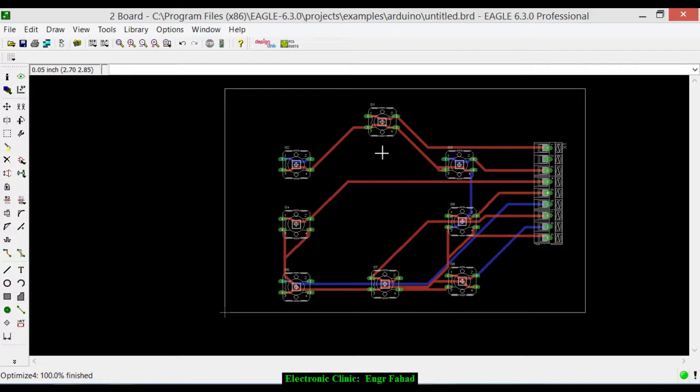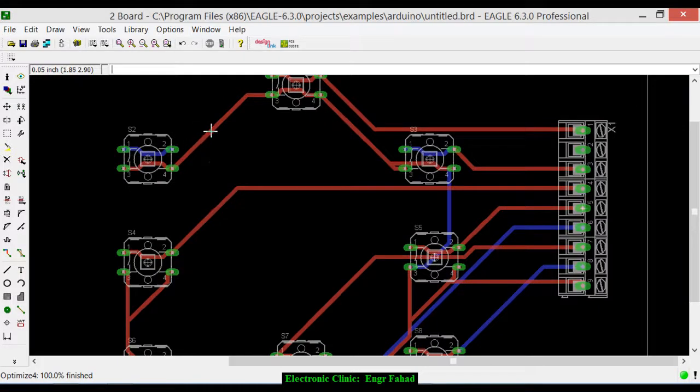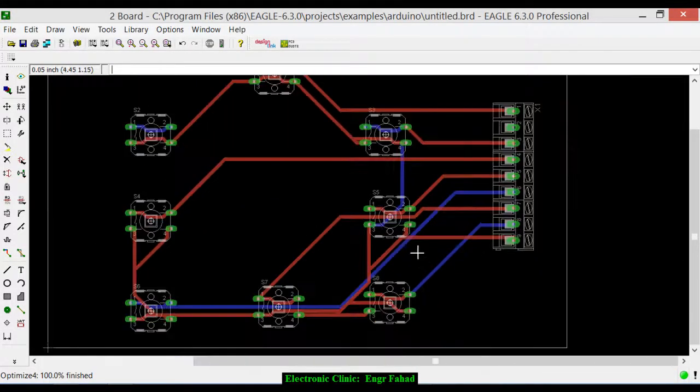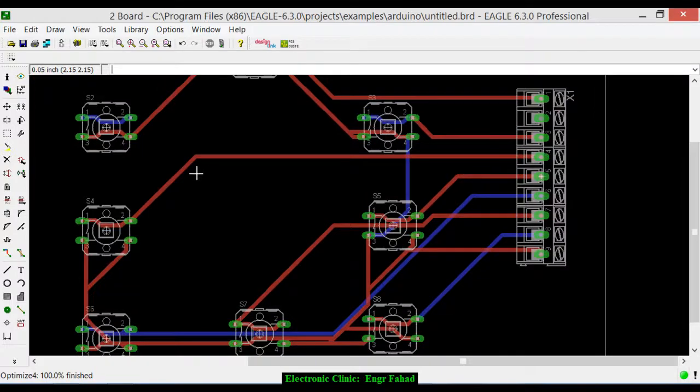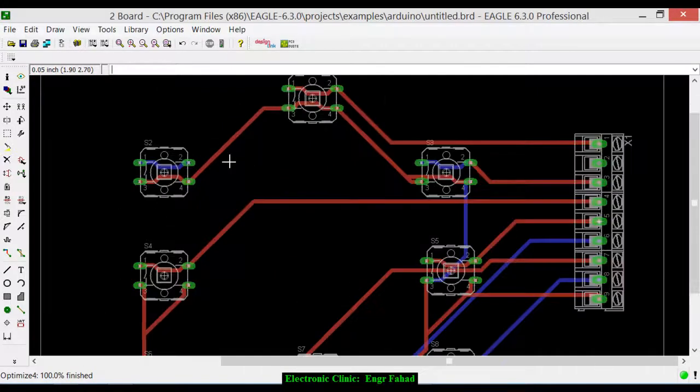And if you want to do the manual routing, well, I personally do manual routing, because during the manual routing you can change the line widths. While in this design you can see the lines are of the same width, while in the manual routing you can change the sizes during the designing. So let's do that. Press Ctrl Z